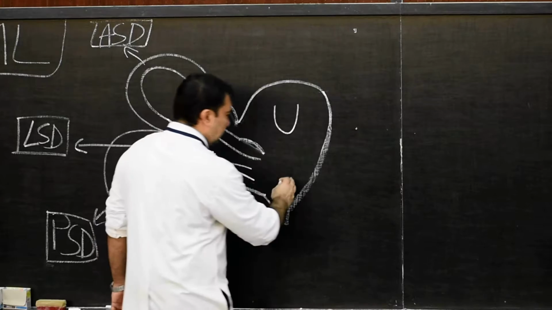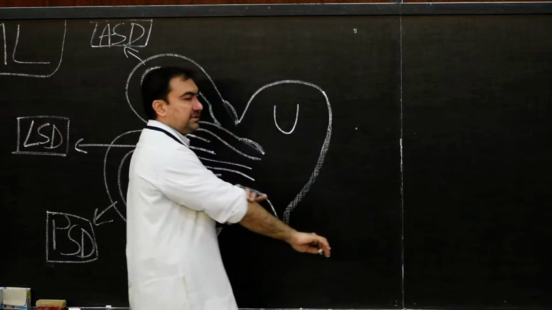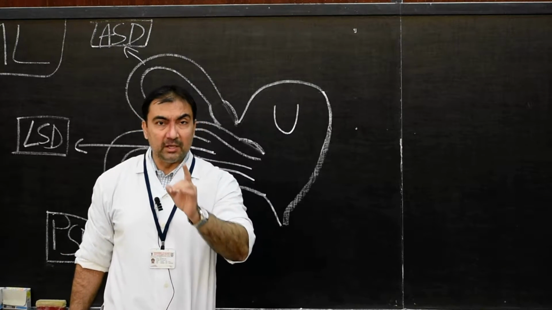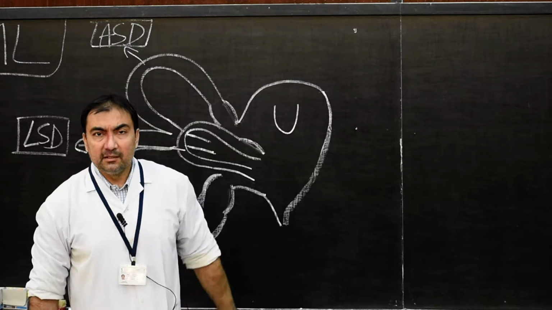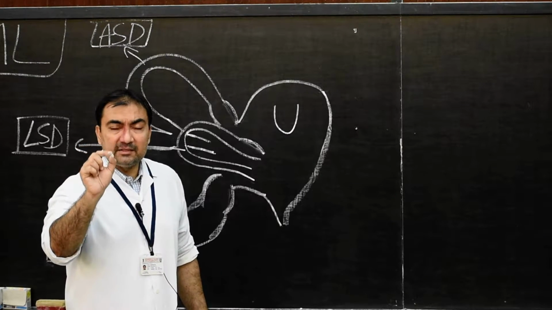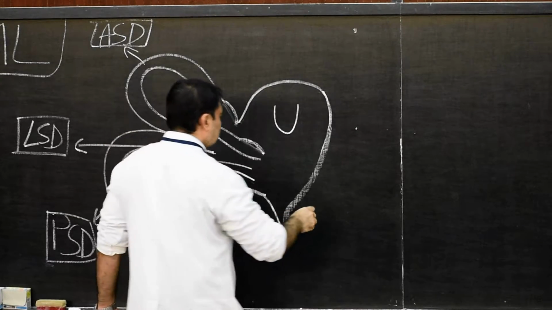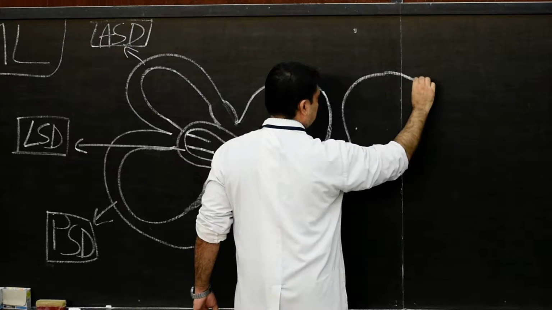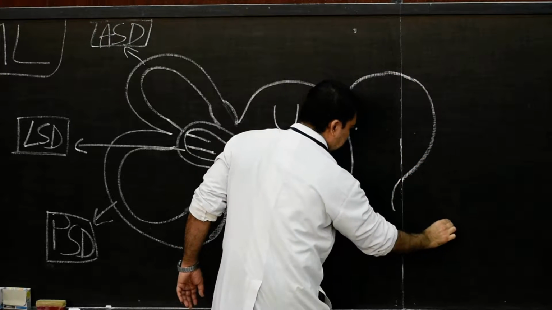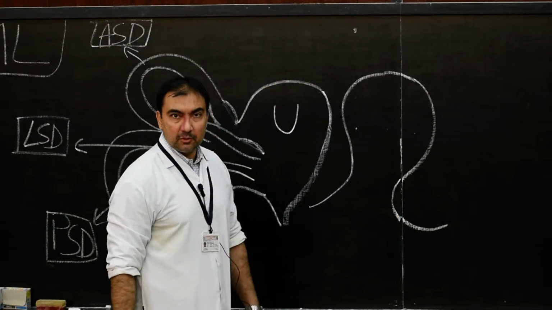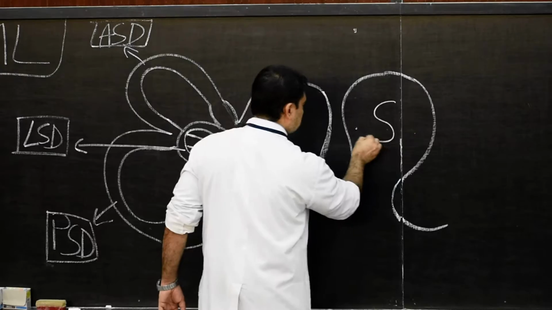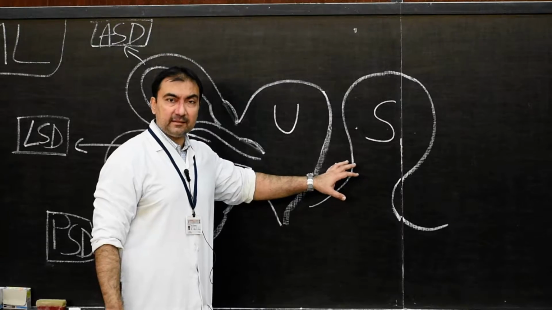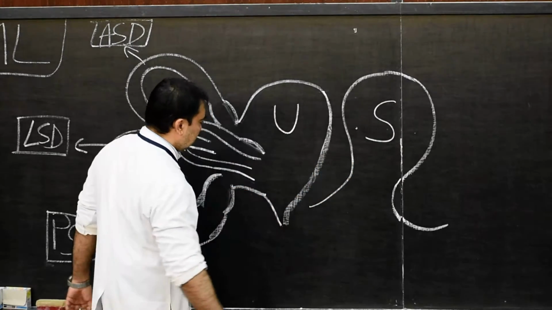In front of utricle, it will be connected with saccule. Saccule is membranous sac, but it is globular. Please note down this, both the utricle and saccular shape. So saccule will be, here I will make the saccule as globular. This is how it will be of the shape, globular. So this will be saccule. Utricle is oblong shape. Both are membranous sacs only.